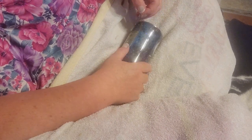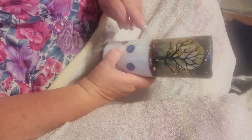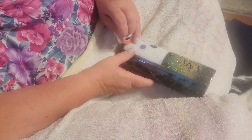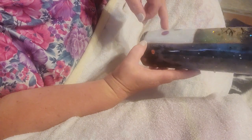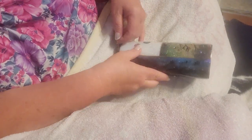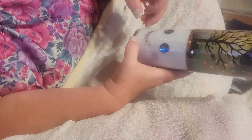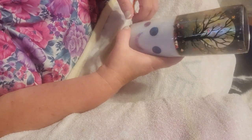Here's where we're taping off an area so that we can respray paint the bottom of this tumbler. The reason why we're taping this off is so that we do not get any of that black paint on this area that we just worked on. So that helps prevent that. So here we are, we go out, we spray paint that, we let it dry, and this is